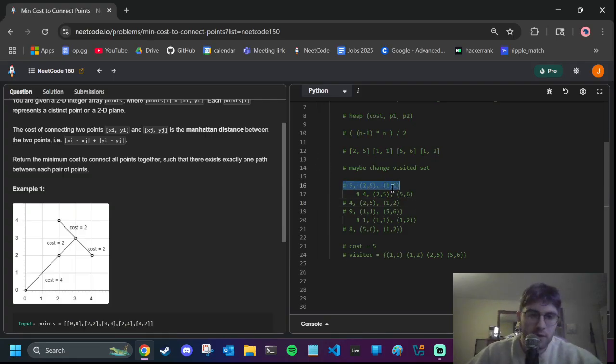All right, this already has stuff in visited. Next is 8. This has stuff in visited. And this is 9. This has stuff in visited. So yeah, we have to do edges that are already in visited because this is not the full tree. We didn't connect all points. We connected 1, 1 with 1, 2, and 5, 6 with 2, 5, but we need one more connection. So I think